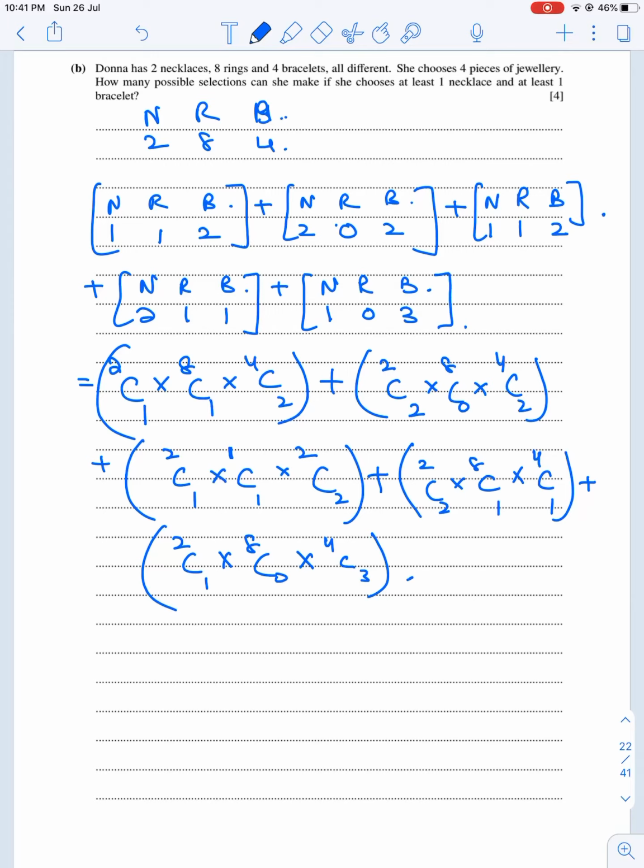When you solve all of this, you will solve the brackets and then finally add up the 5 answers. There will be 5 answers which you will add because of the 5 brackets, and this will give you the final answer.